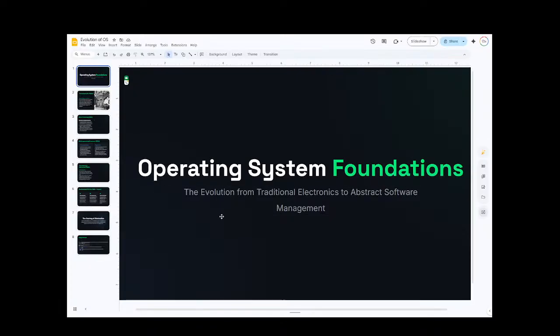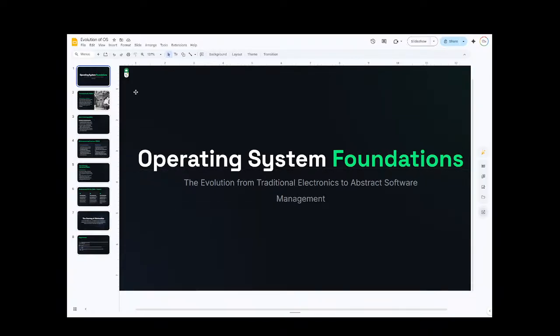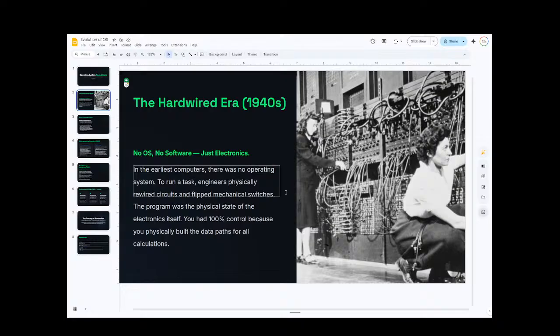Yes, yes. Okay, let's start with the operating system fundamentals. As I said before yesterday, there was a time when people were using large supercomputers with vacuum tubes. Let me show you those things. These are the first generation computers, the CPUs and the GPUs of that time. They were the size of a room or a building.